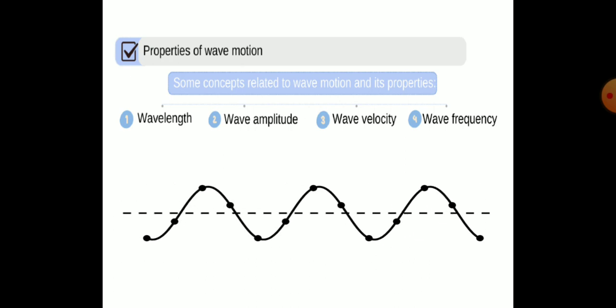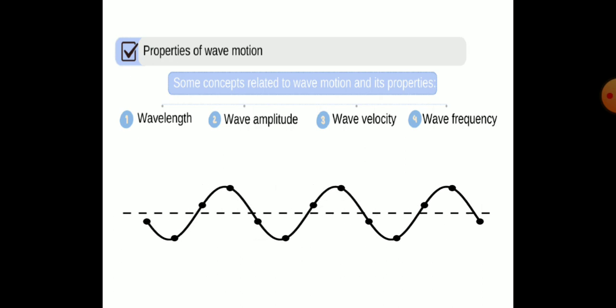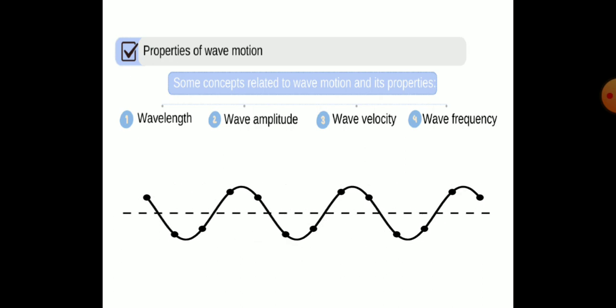And what about the properties of wave motion? We have four properties. Number one, wavelength, wave amplitude, wave velocity, and finally